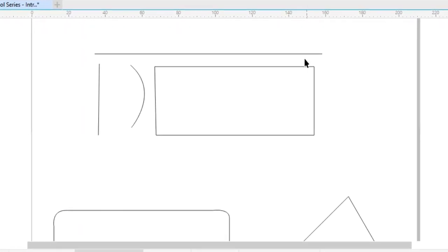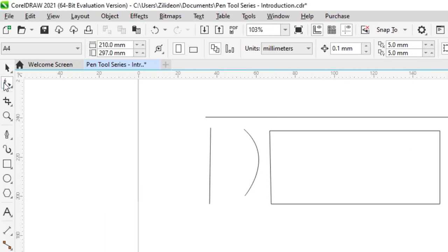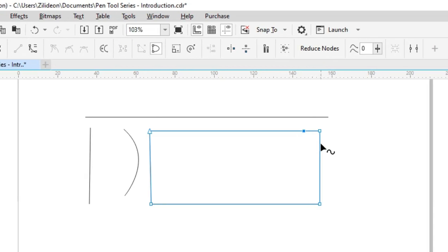corner radius. So let's say we want to have a corner radius for this shape, the rectangle shape. I'm going to select my shape tool, then I'm going to double click here and double click here, then I'm going to double click here using my eye to gauge, double click here. Now I'm going to do some adjustment here, so I wouldn't do that yet. I'm going to click here